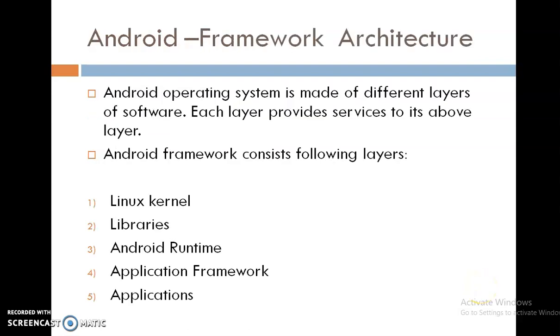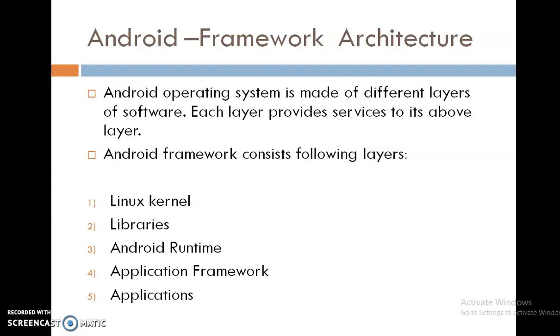Now, first, Android framework architecture. Android operating system is made up of different layers of software. Each layer provides services to its above layer. That is the main concept behind the layered architecture. Each lower layer provides services to its upper layer. Android framework architecture consists of the following layers.